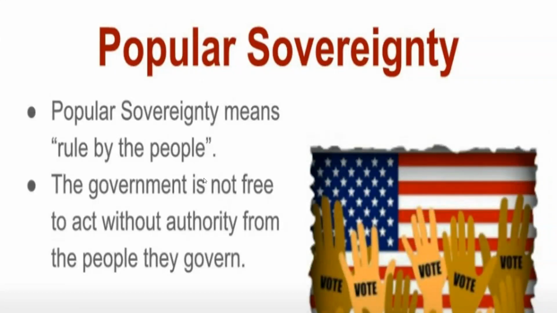That is, we will vote members into government, and they will act with our authority. If we do not like what they do, we don't vote for them the next time. So don't complain about government. Go out and vote. You can make those changes if you go out and vote.